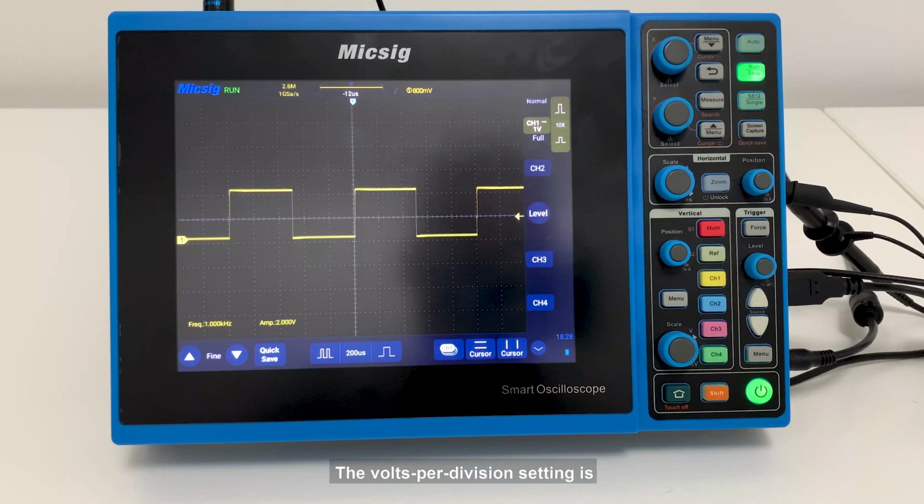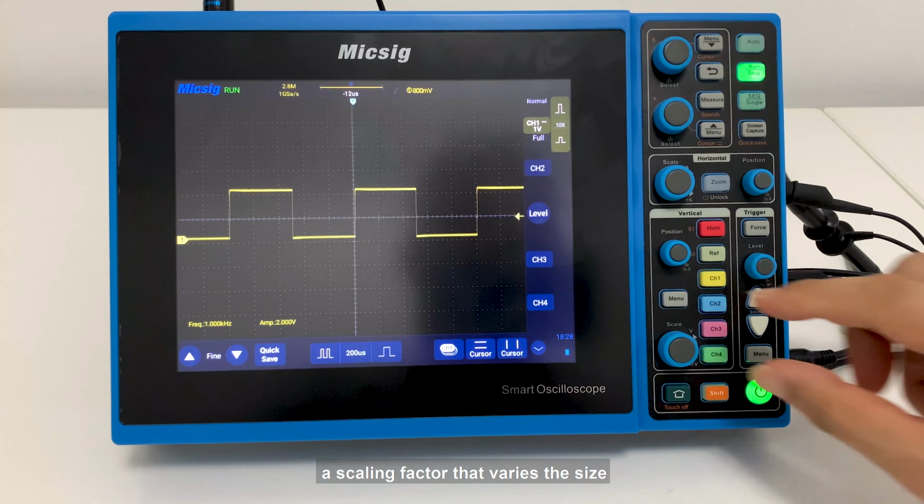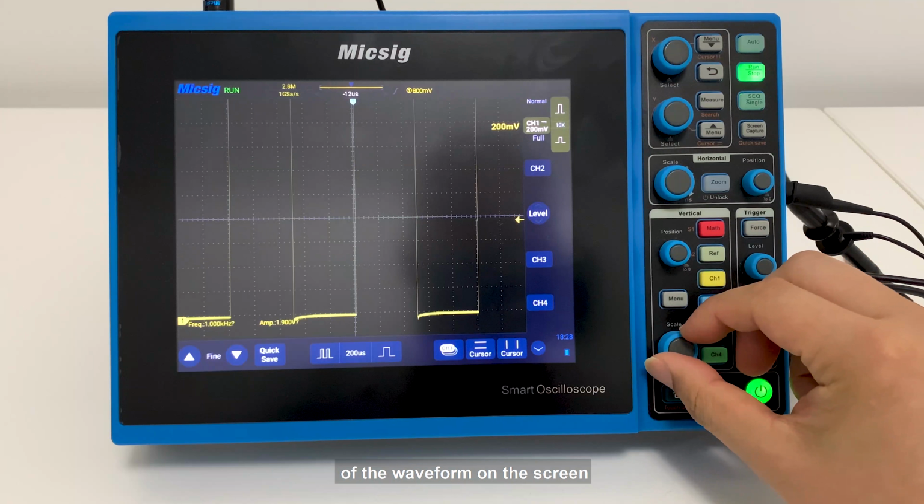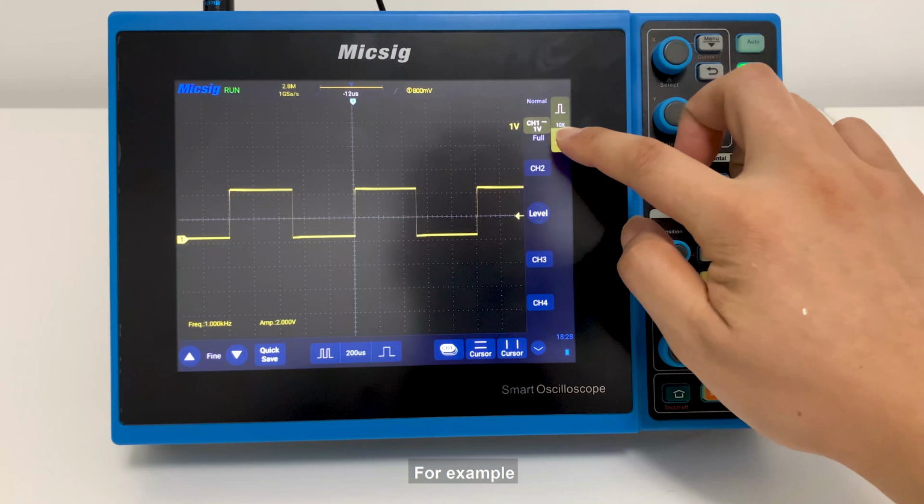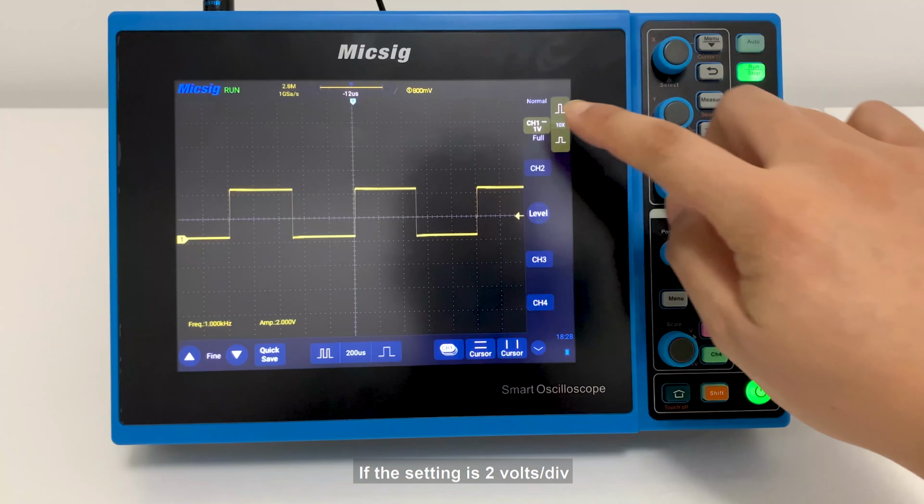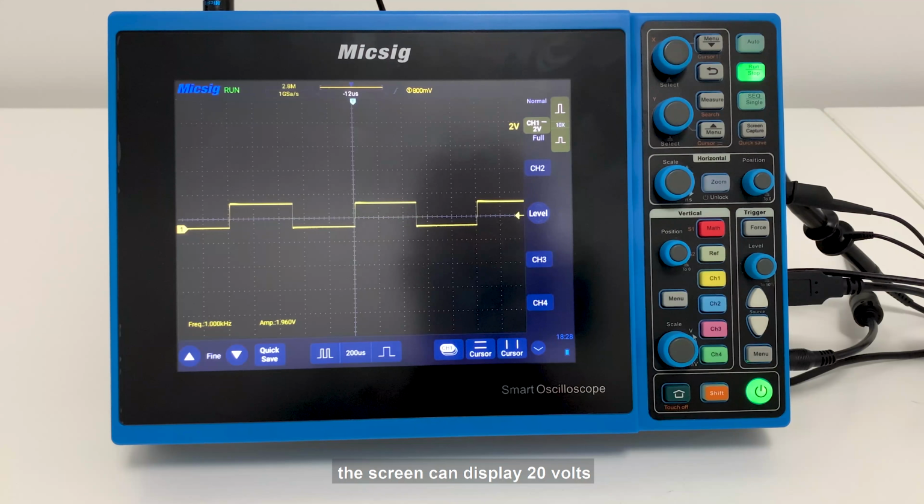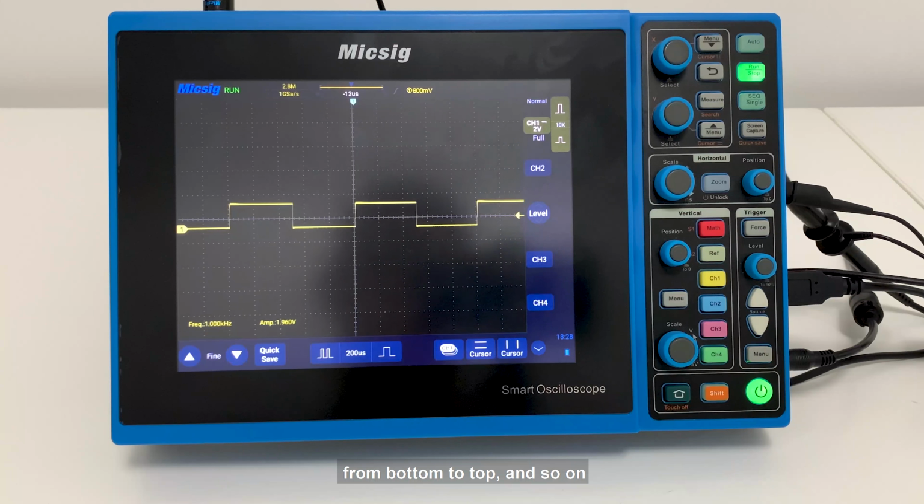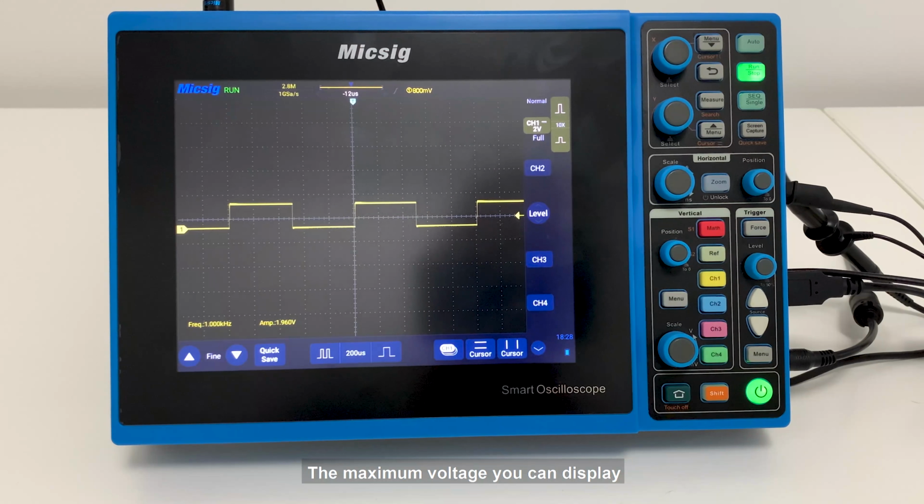The volts per division setting is a scaling factor that varies the size of the waveform on the screen. For example, if the volts per division setting is 1 volt, then each of the 10 vertical divisions represents 1 volt, and the entire screen can show 10 volts from bottom to top. If the setting is 2 volts per division, the screen can display 20 volts from bottom to top, and so on. The maximum voltage you can display on the screen is the volts per division setting times the number of